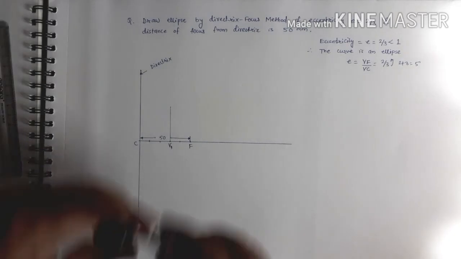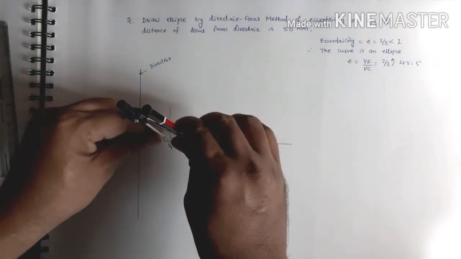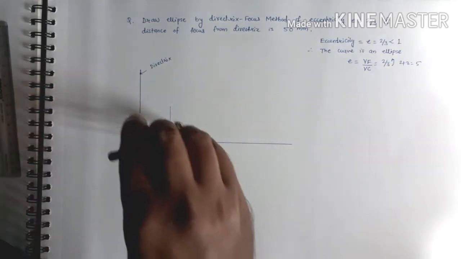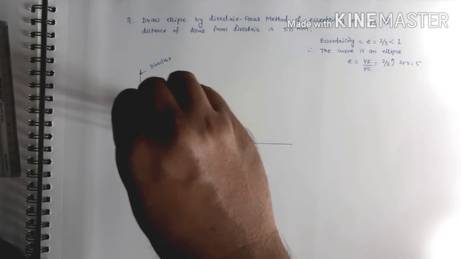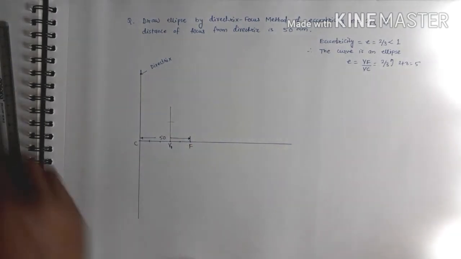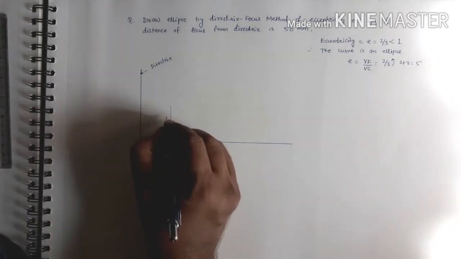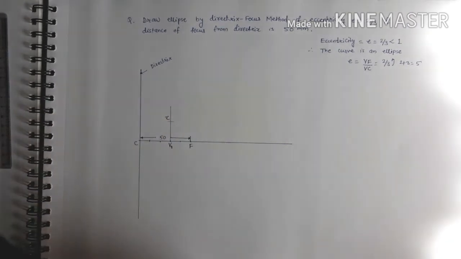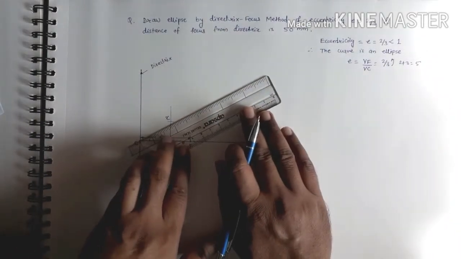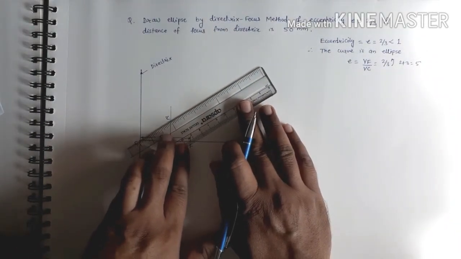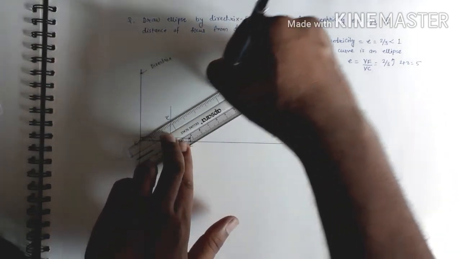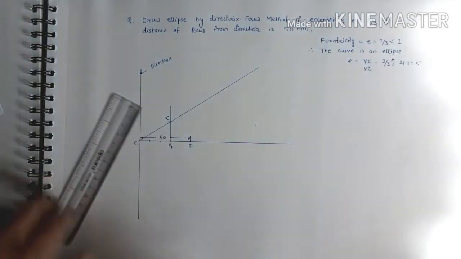Then take V1F distance in compass and mark on the perpendicular line. Okay, so this point is x. Draw a line from point C through x. Okay,